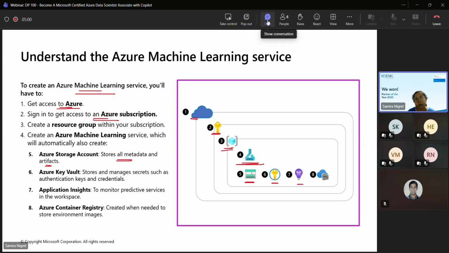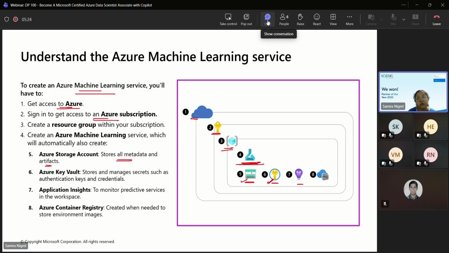Let's say you're writing code in a notebook; it will be stored in the storage account. You might also pull out some data to work with Azure Machine Learning, and that data can also be stored in the Azure storage account. That's why we require the storage account, which is auto-created when you create the Azure Machine Learning service.